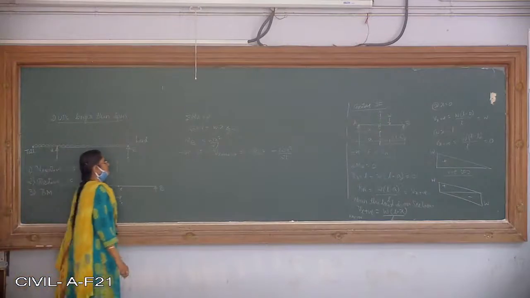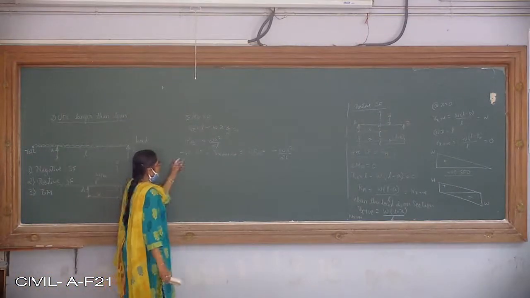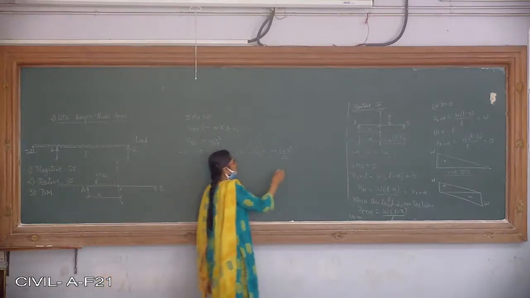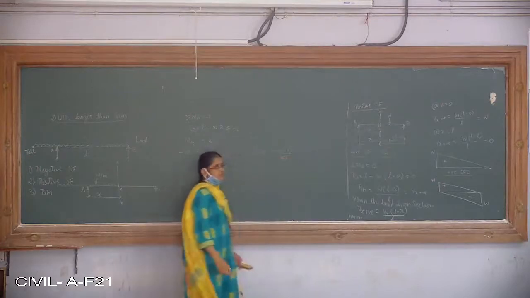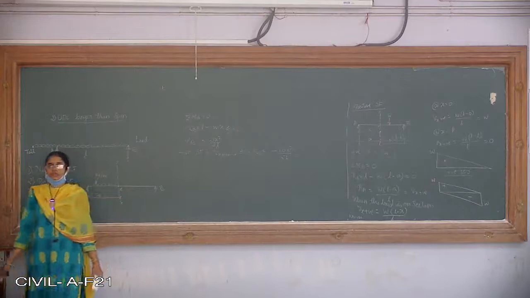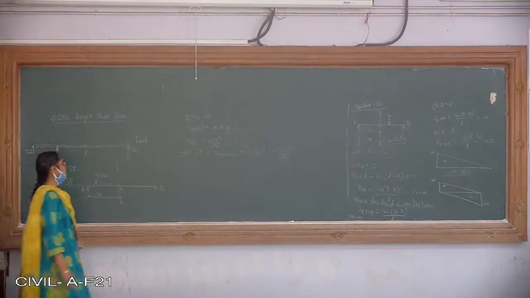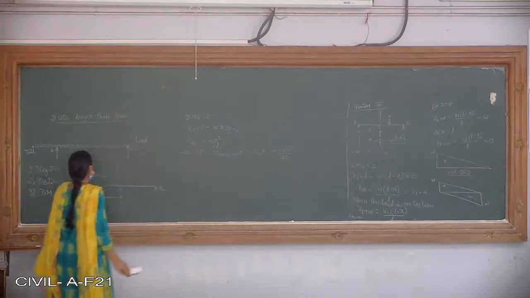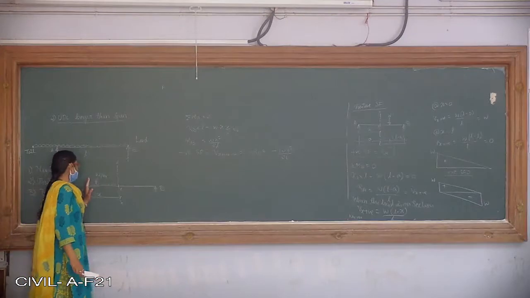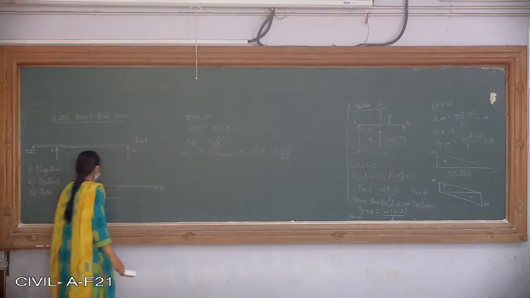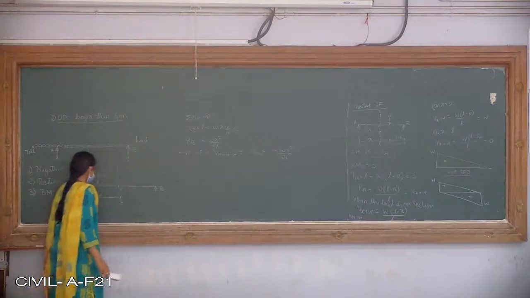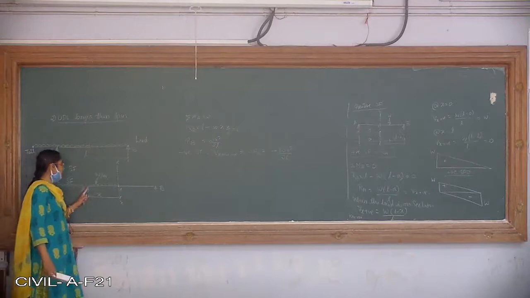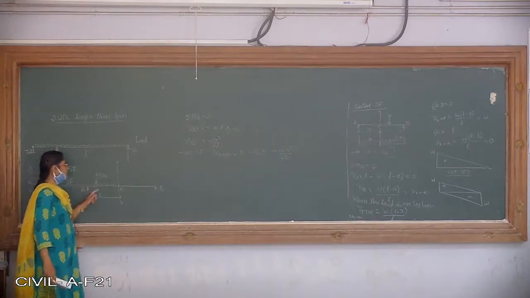fine. So here this is my negative shear force value. Now you can see that this is a squaring term, so it is going to be the shape of a parabola. Okay, so now in this equation, if I substitute the value of x, the section can vary from A to B, right? Load is going to move from A to B, so the section along with the load will move from A to B like this. So what happens? The value of x is going to vary from 0 to L.